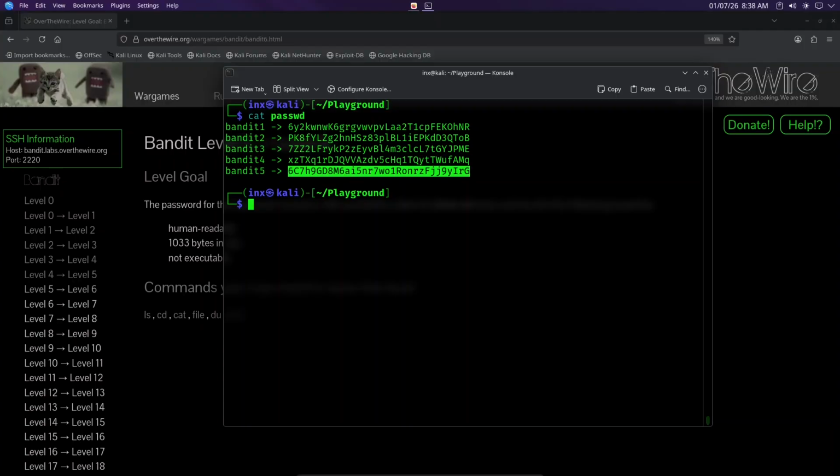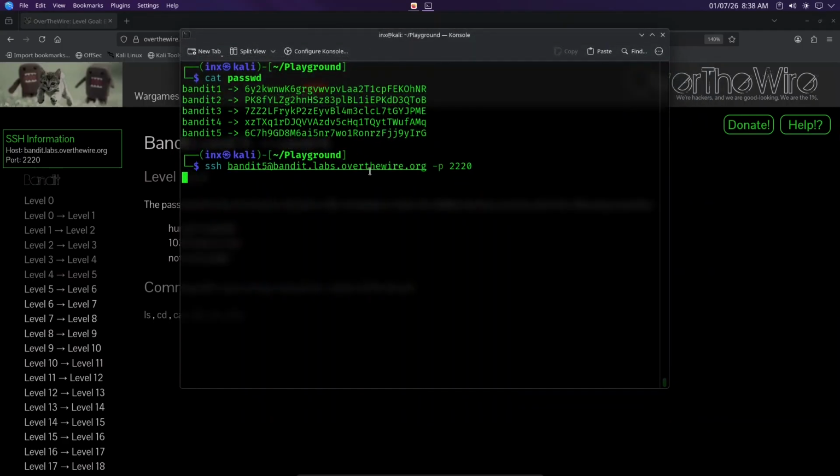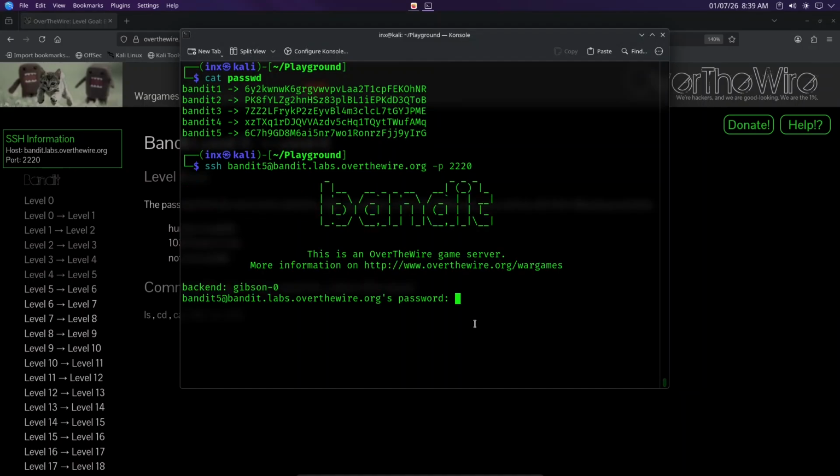This is the password you need. Now connect using SSH. It takes time depending on your network speed. So now enter the password